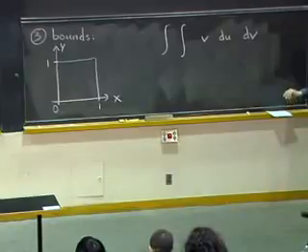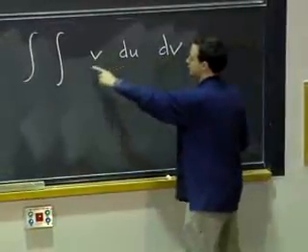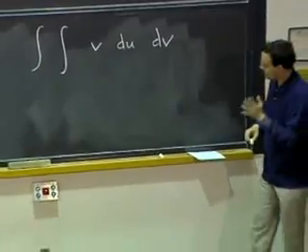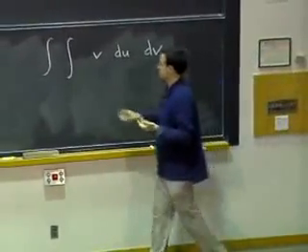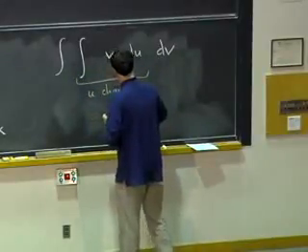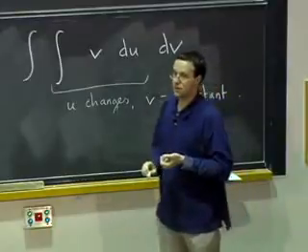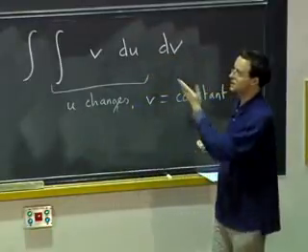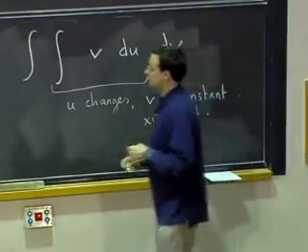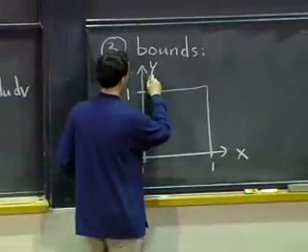The way we can think about it is we try to figure out how we are slicing our region. So here we are integrating first over u. That means we start by keeping v constant as u changes. What does it mean that I'm keeping v constant? Well, what is v? v is xy. So that means I keep xy equals constant. What does the curve xy equals constant look like? Well, it's just a hyperbola. y equals constant over x.